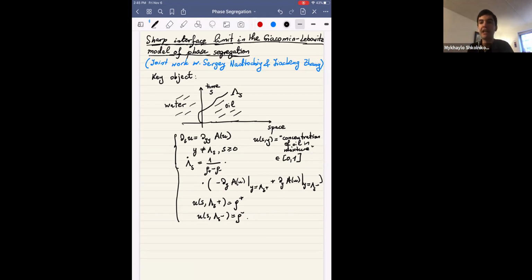So it will describe the large scale behavior of the process that you saw in the video. Okay, so before I get to that, let me introduce the second main player for the talk, namely the Giacomin-Lebowitz model that the title of the talk alludes to. All right, so the Giacomin-Lebowitz model you can think of as yet another equation that tries to describe what is going on in the video.